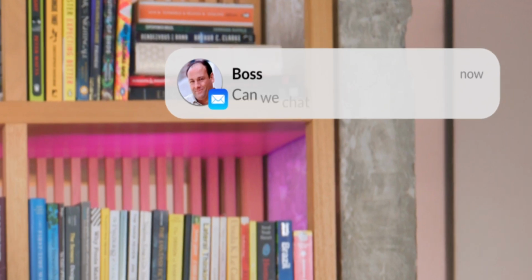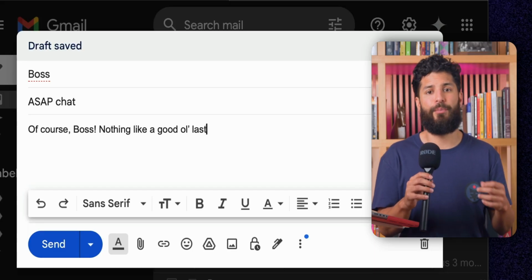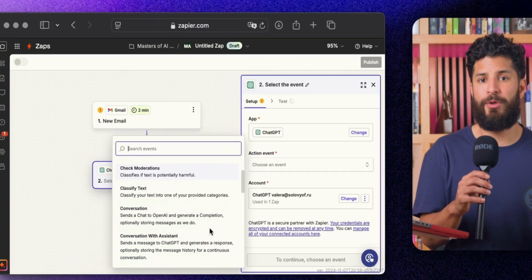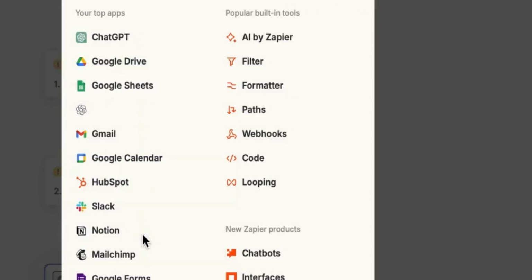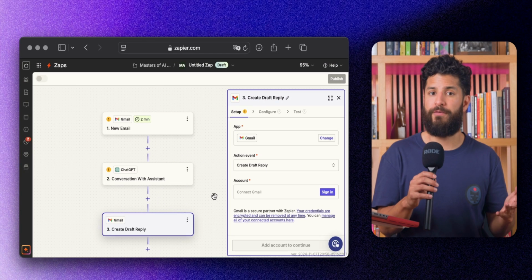For example, let's say you get an email that needs a response. Instead of manually drafting it, you set up a Zap where Gmail is your trigger app. Every time you receive an email, Zapier sends that information to your AI tool, and just like that, a draft is created, ready for your review. No more manual work. Now that your trigger has captured the data, it's time for your AI to get to